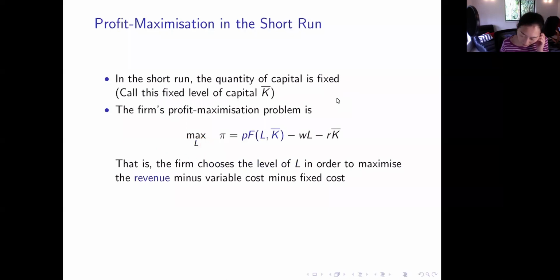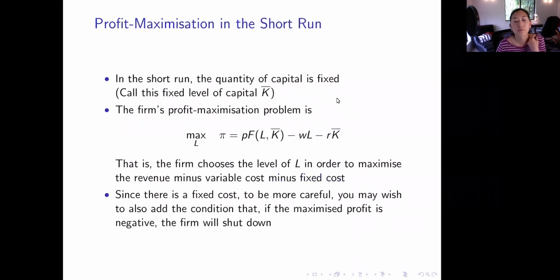Another thing to look at is this part, called the fixed cost, and this is the variable cost. Because K is the fixed input, this is the total fixed cost. L is the variable input, so that is the total variable cost. Since there is a fixed cost, to be more careful, you may wish to also add a condition that if the maximized